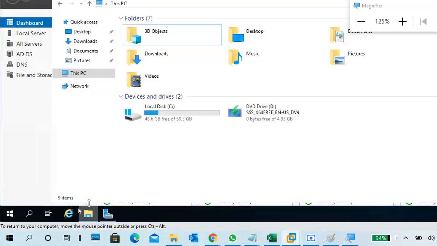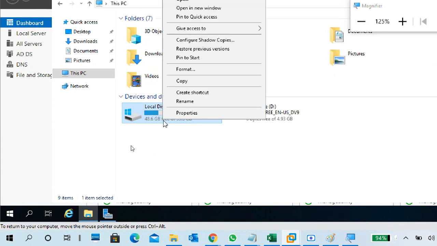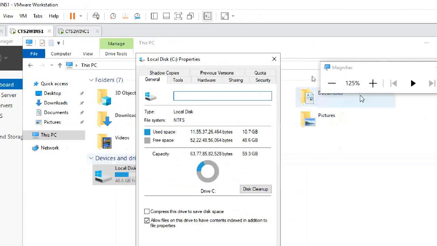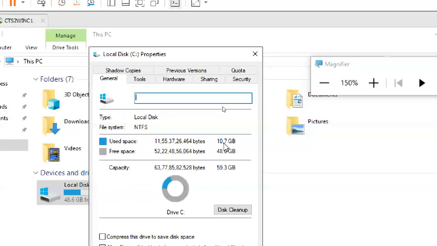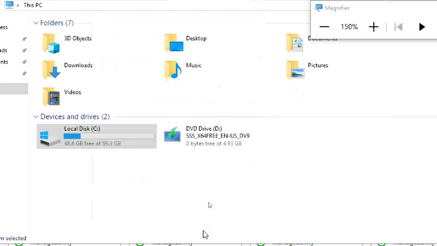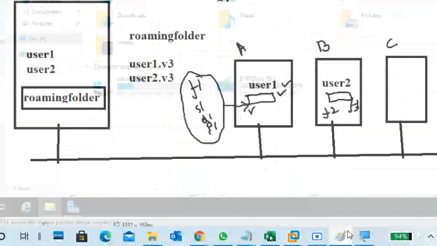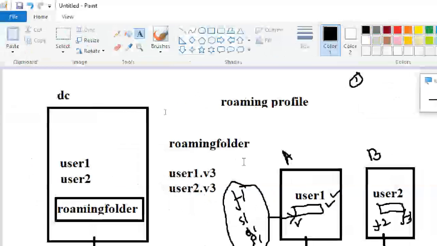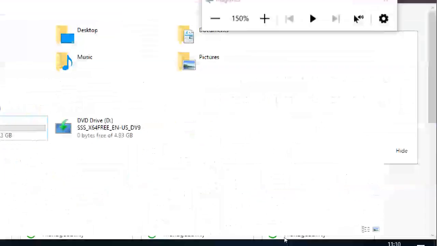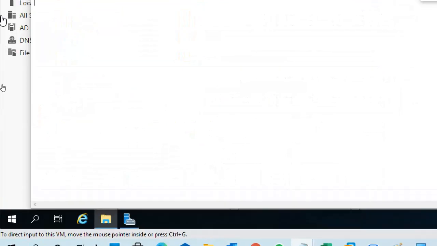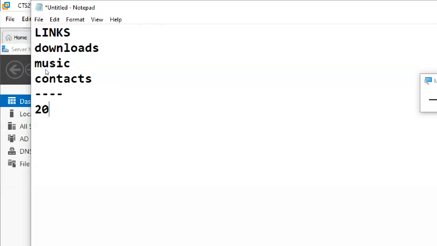Next, I have a C drive. My C drive has a total capacity of 60 GB, with 48 GB free space. You can see 10.7 GB is occupied and 48 GB is almost free. The question is, I need a minimum of 20 GB of free disk space.